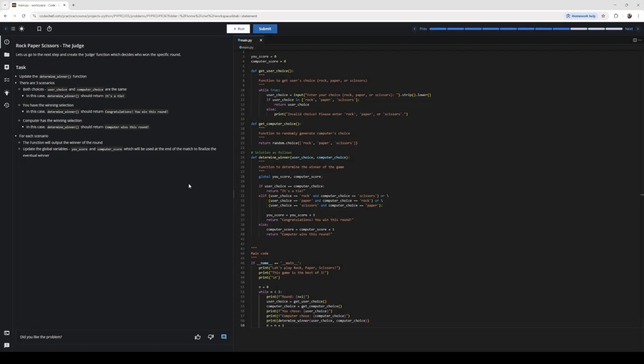So in this particular subtask of the rock paper scissors project, we are going to be determining who's the winner based on the choices given by the computer and the user. Basically there'll be three scenarios in this particular function. First scenario is basically both choices given by the computer and the user are equal and we're going to return